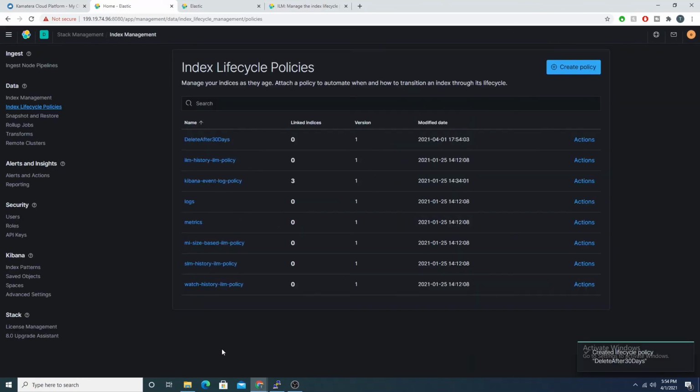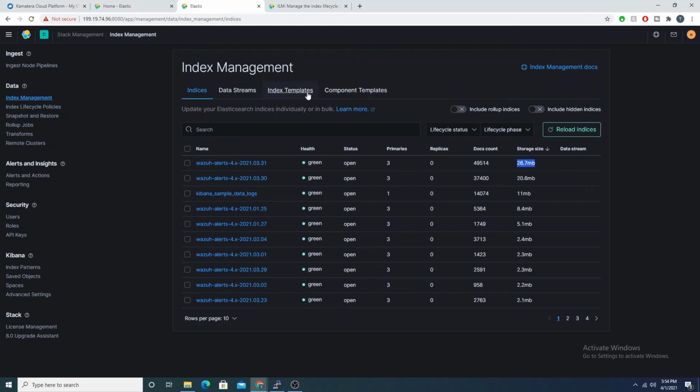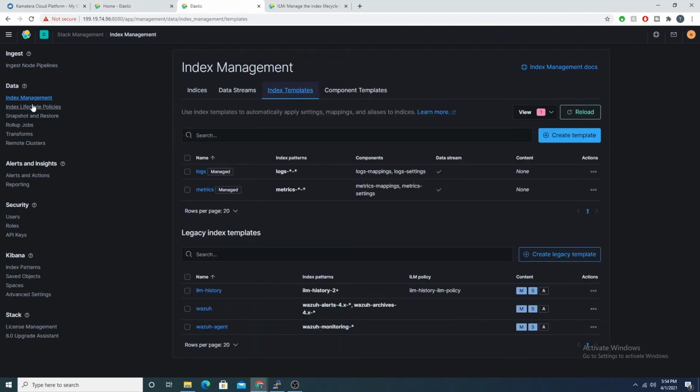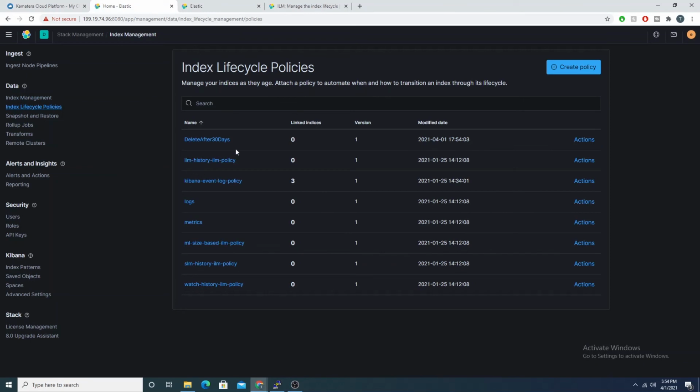And we'll try that again. All right, and now we have our new policy. So now what we need to do is link an index template to that policy, right? I have this policy created, but now I don't have any indexes assigned to it. So none of them are going to roll over or freeze or delete until we assign them